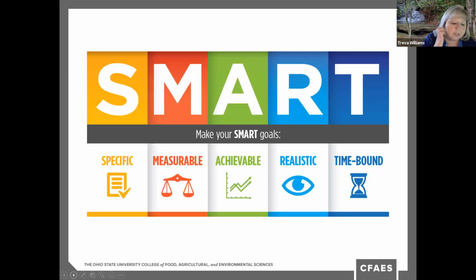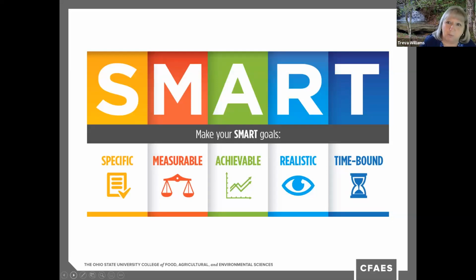So one of the things that we need to do when we do goals, and remember, I always go back to my arrow, okay? Think about what we're aiming for. So when we do SMART goals, there are some things that we need to make sure our goals state, because one of the things is they need to be very specific. If I just say, I'm going to go to a national conference,